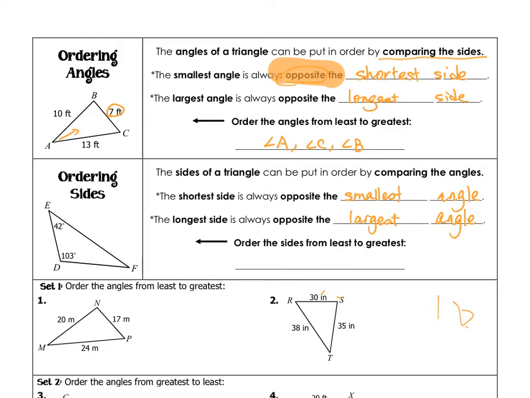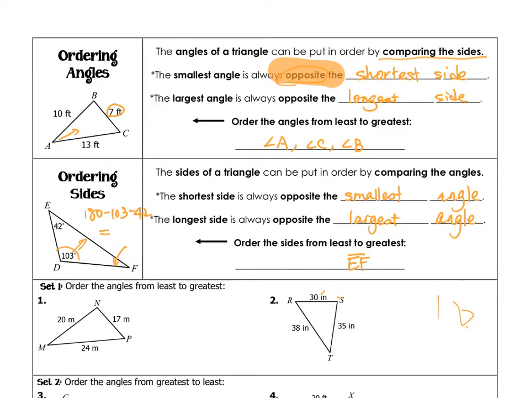And over here, if this is 103, then this side, EF, has to be the largest. So that's the first one. And here we are not given any information, so you have to calculate that. So if you do 180 minus 103 minus 42, what should that give you? That should be